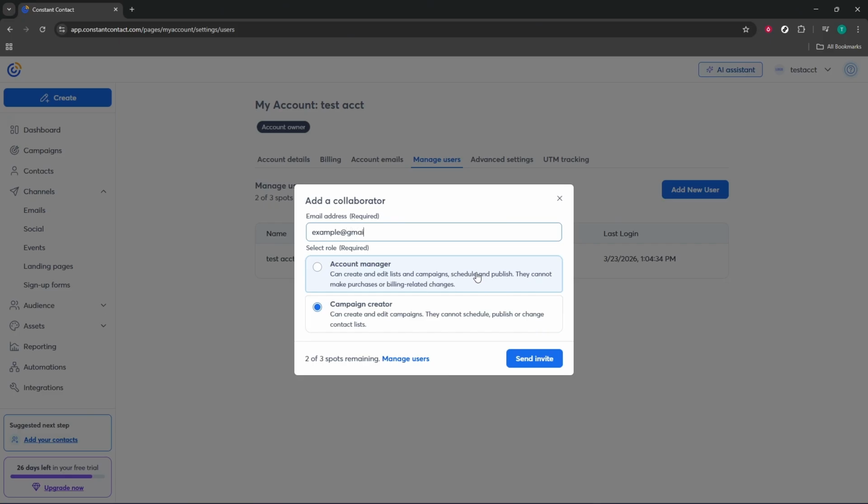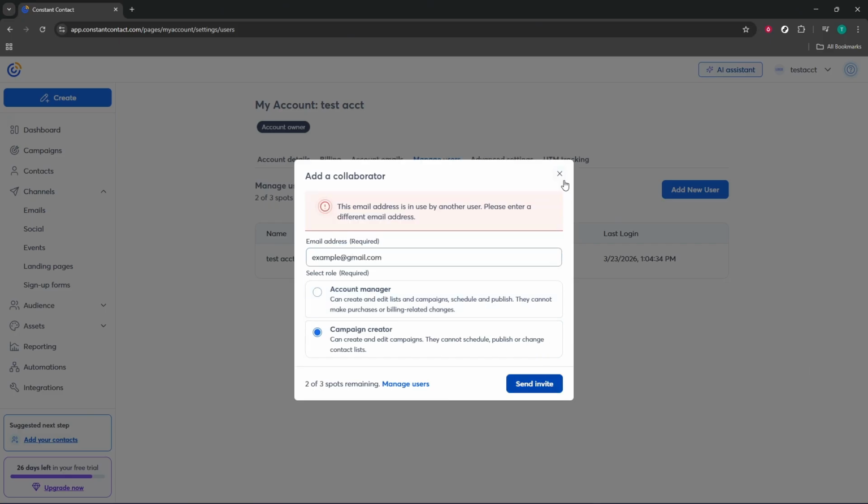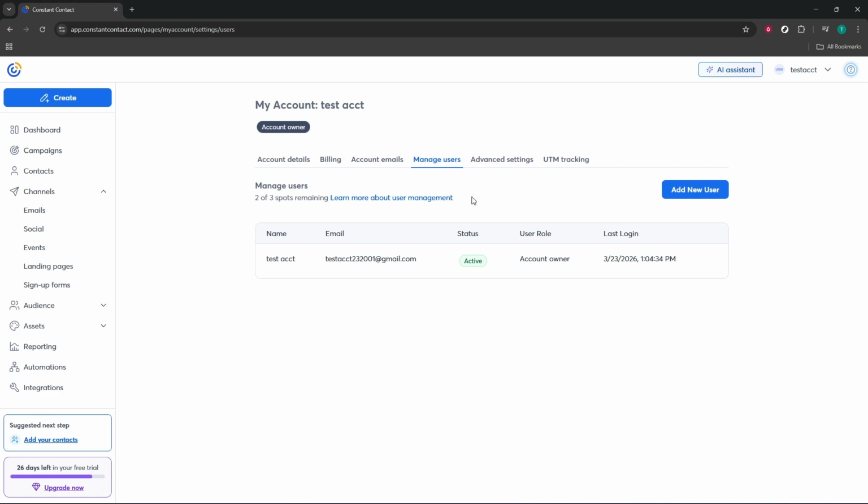Finally, review your email settings. This is where you'll set your default sender name, from address, and reply to address. These defaults carry through to new campaigns, saving you time and helping your audience immediately recognize your messages. Also confirm your physical mailing address is correct in the footer to stay compliant with email regulations and maintain trust